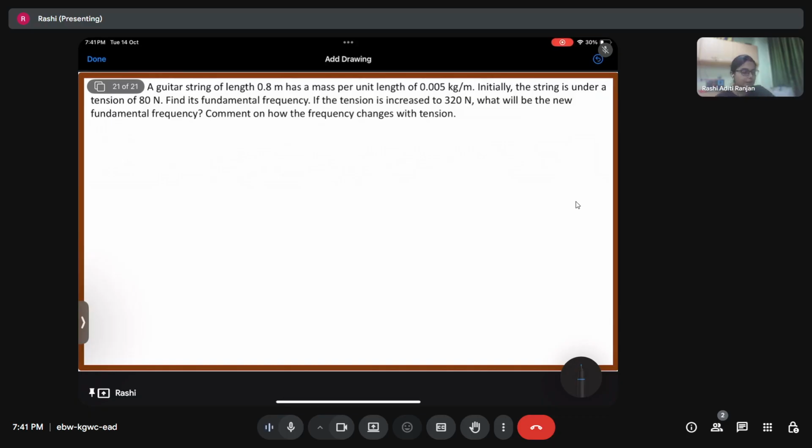Like for example, if I have a guitar, something like this,